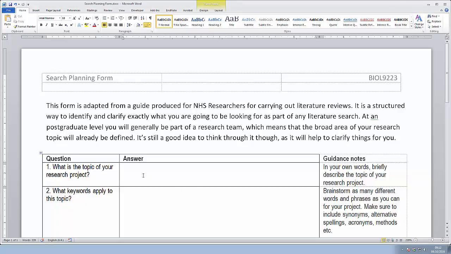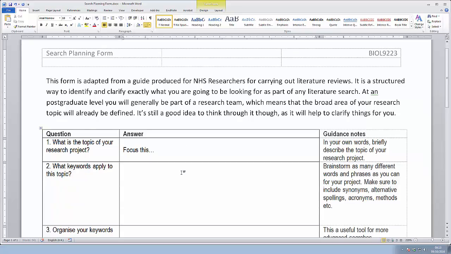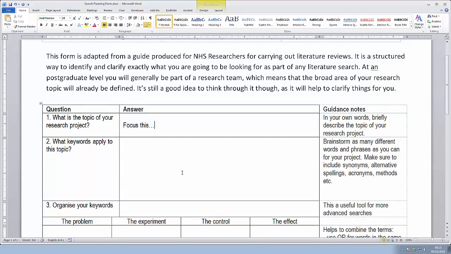So at the initial stage, what you really need to do is identify what the topic of your research project is. And because you're already in a group or in a research team or working on a research project, you'll have a broad idea of what that is. And you may need to be a little bit more specific. You might need to focus this a little bit more so that it's really related to what you're doing and what you're interested in at the moment. And really it's important to do that in your own words so that it's linked to exactly what you're interested